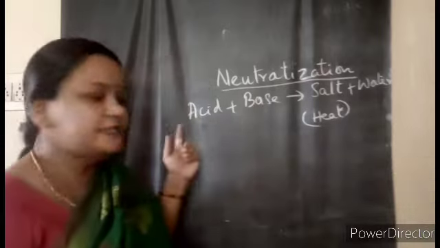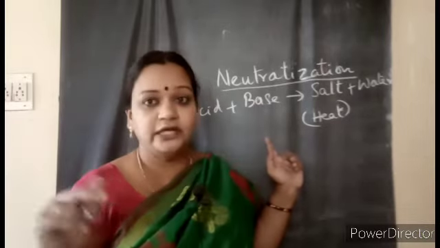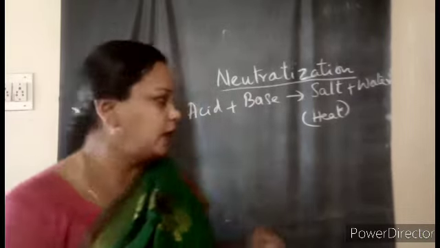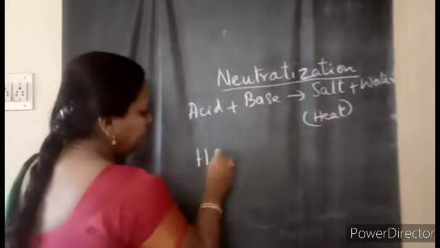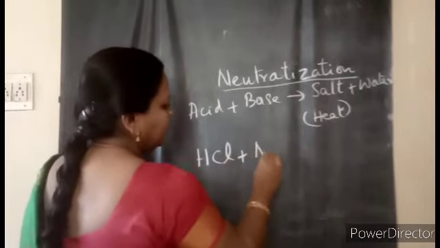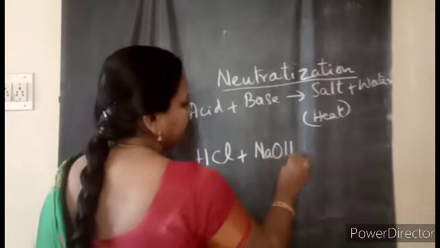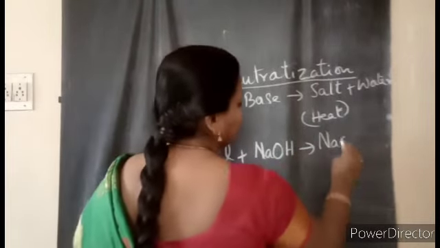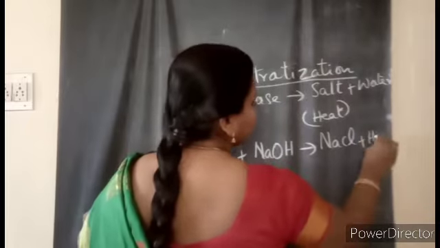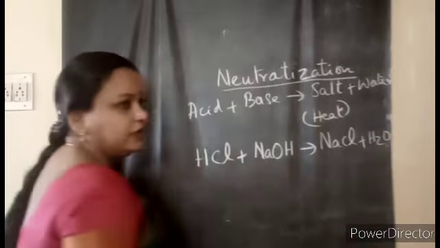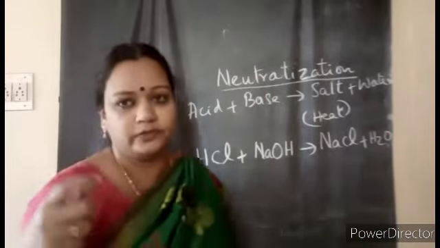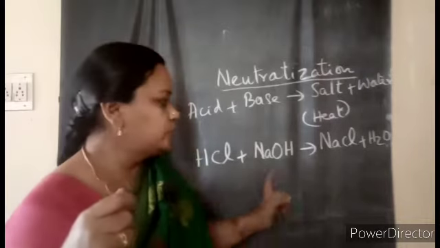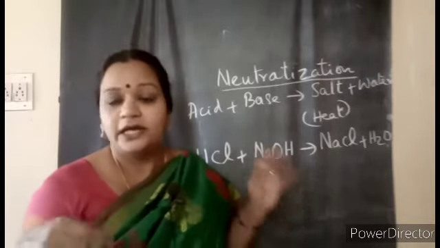Here is one example, last class only we did vinegar plus baking soda, and also HCl, that is hydrochloric acid, plus NaOH, sodium hydroxide. When these both react, sodium chloride, that is the salt, children, plus H2O is produced,